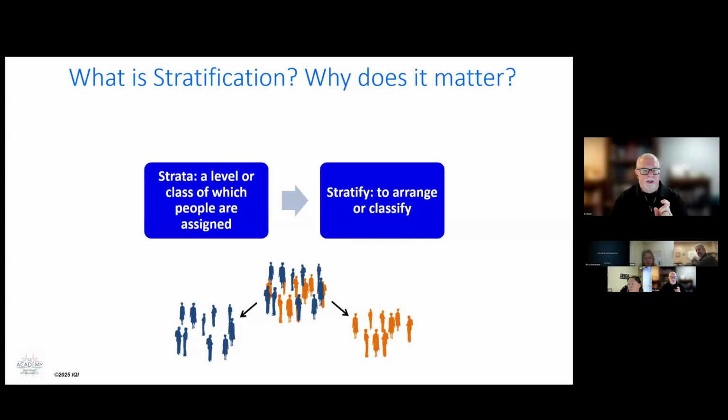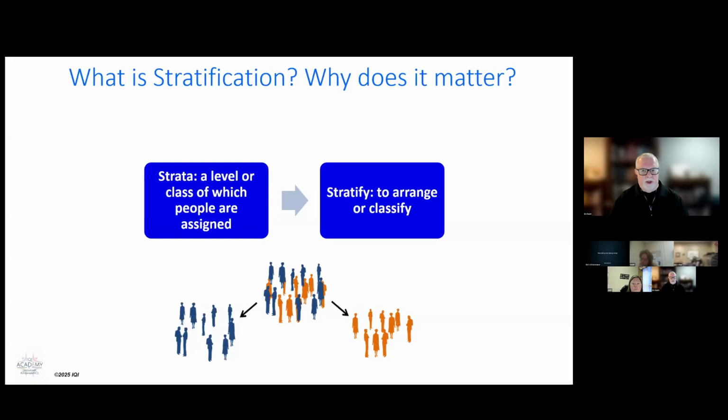And to stratify is to arrange or classify. Now, that doesn't mean in an evaluative sense. It's just a means that helps us better understand what distinguishes one group from another group. And it helps us better understand perhaps jobs to be done, the needs, and why those needs vary. We can better anticipate changes to clients', residents', customers', even people we work with, their needs, and update how we're working and offering services.